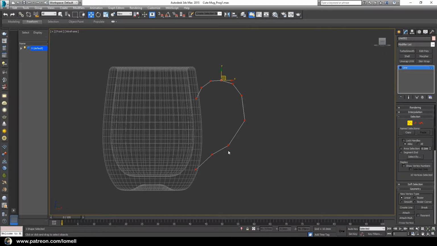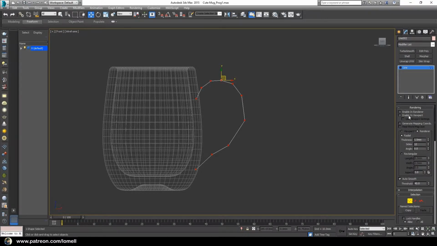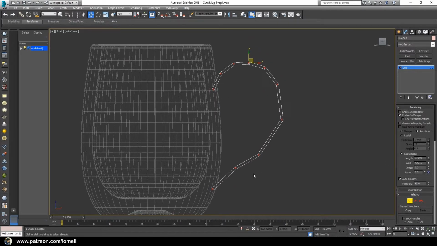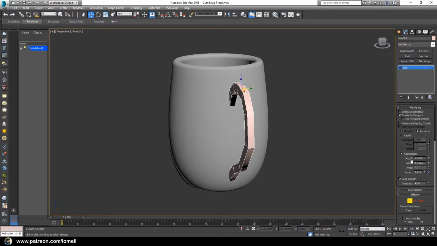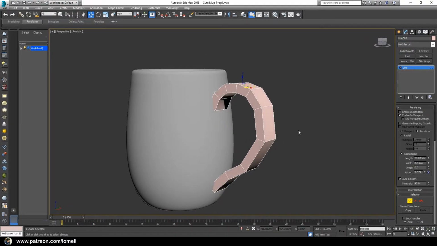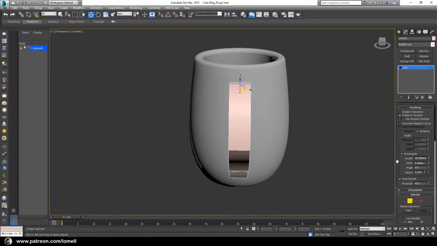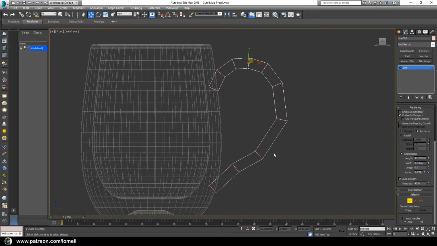Okay, and now if you are ready, let's go into rendering and enable in viewport, and let's give it a rectangular shape, and try dragging the adjustment arrows right beside the width. Okay, and go to perspective view, press F3 and give it some more length by dragging this arrow, right? And go back to front view, press F3 and